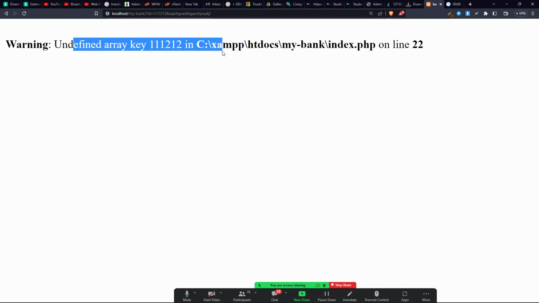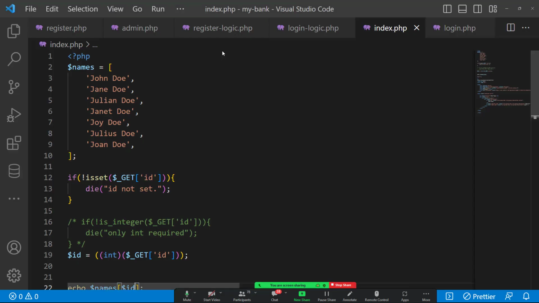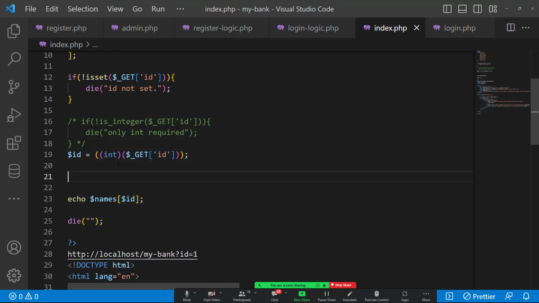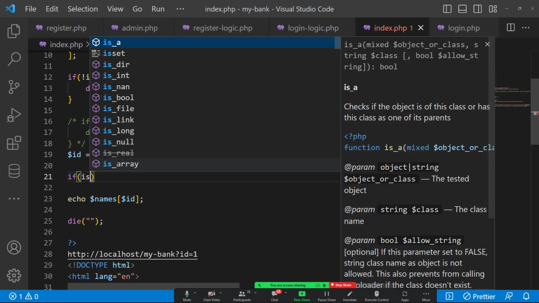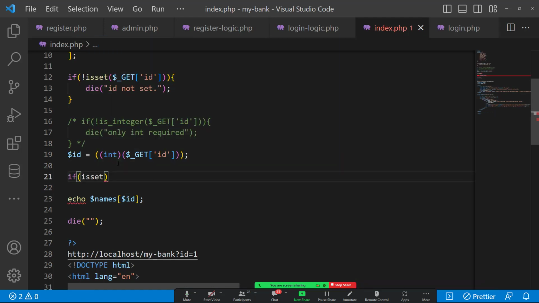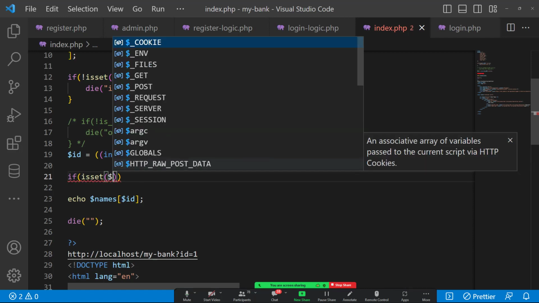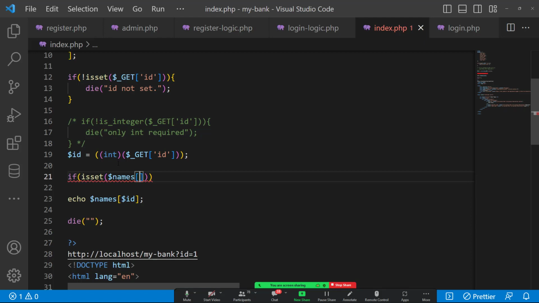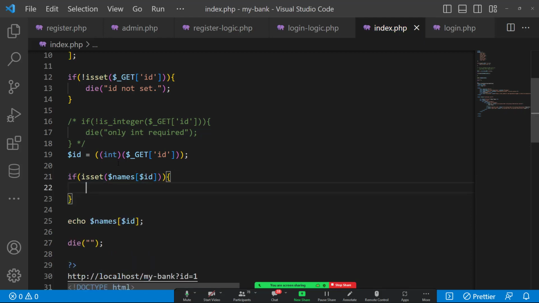So you see, we get another error. Another thing you have to check is whether it is set. Once you have collected the integer, you just check if the names and then this index is set. So you check if that index is set. If it is not set, you stop the project from here, or you do another thing, maybe ID not